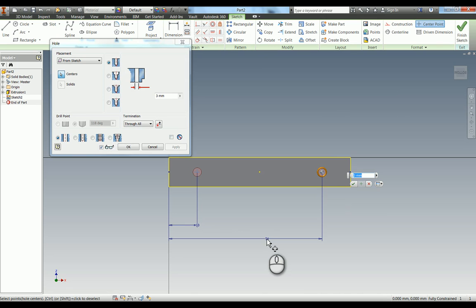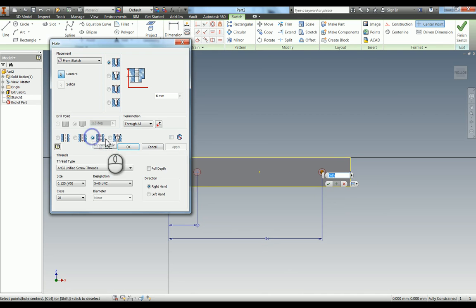If you press H for hole tool, it takes you straight into the hole tool. Now we've got some blind holes that are threaded, so we're going to change that to threaded. The thread isn't full depth, so make sure you take that off. We need to give it distance. Like I said, they're blind holes, so it's an isometric